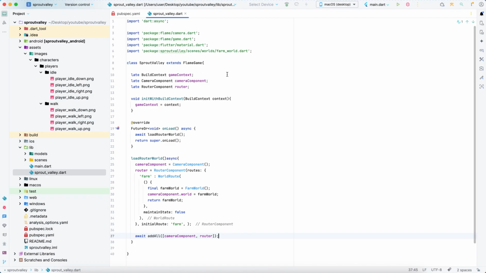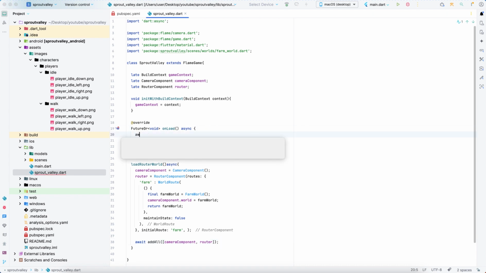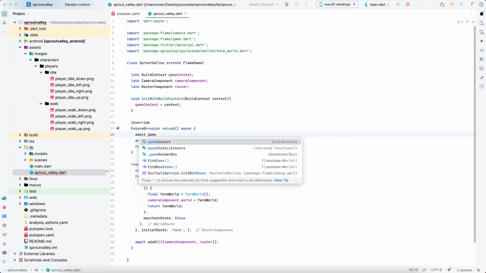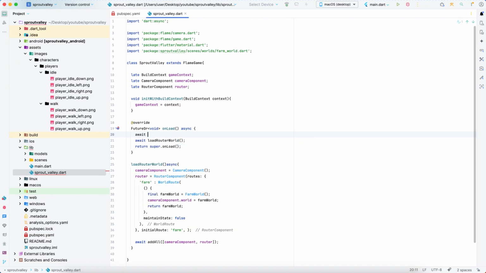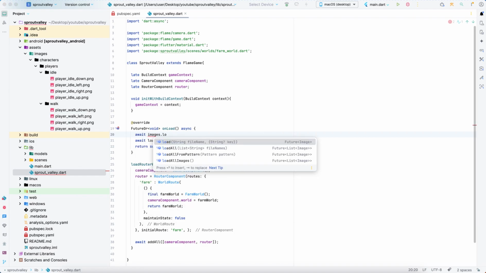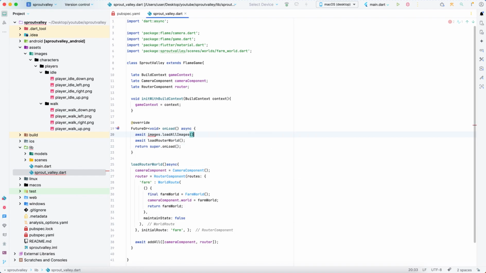class extends FlameGame and then you have to await game images, load all images. This function will load everything inside the images folder into a cache. This is really important,